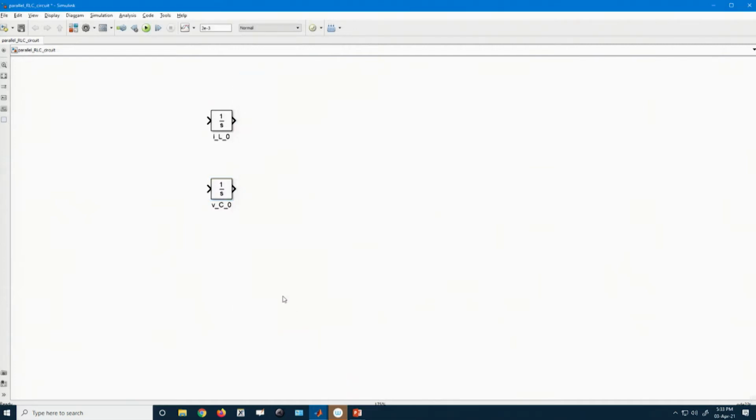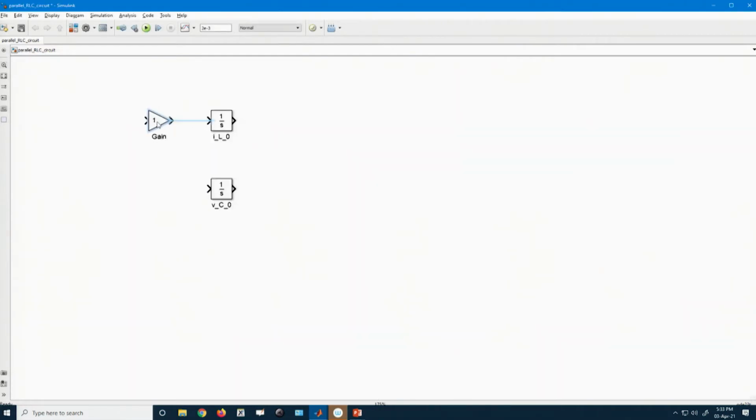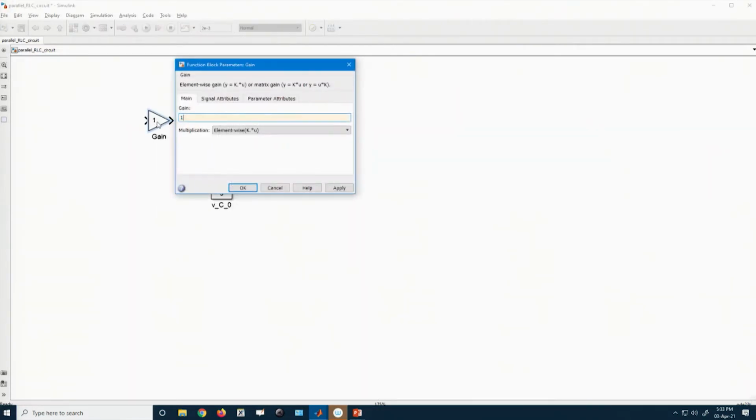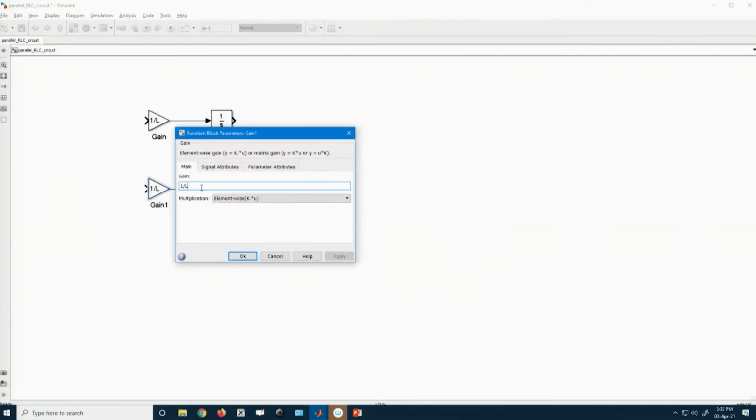Okay. Next, we know the right side of this block will be inductor and the left side is the derivative. Now, we want to use another gain block, which will be used as a 1 by L block, and for the other one we need to put a 1 by C block.